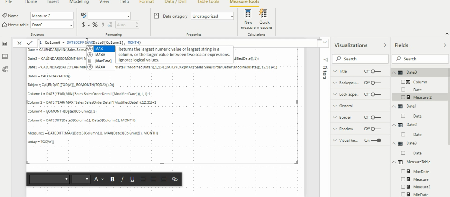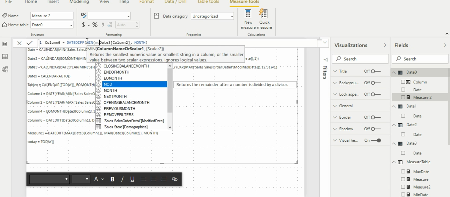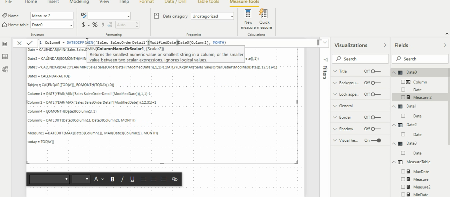So what I'm doing here is I'm just going to find the difference between the minimum date and the maximum date.